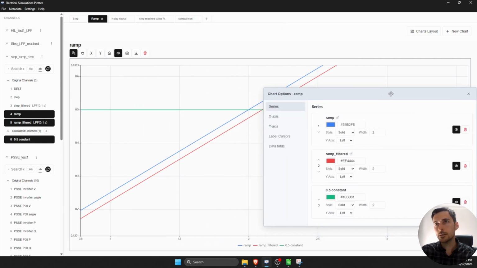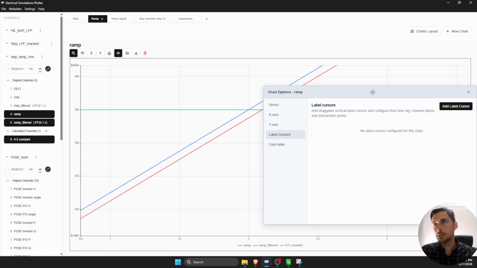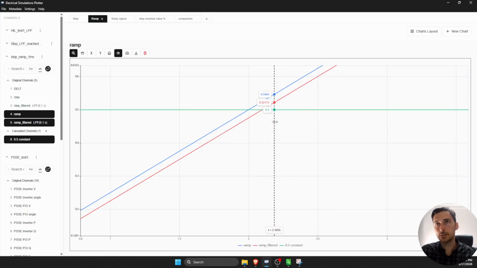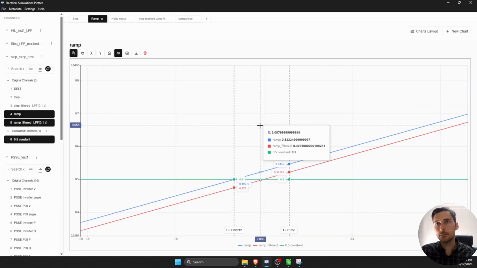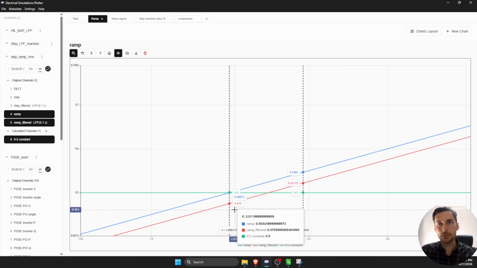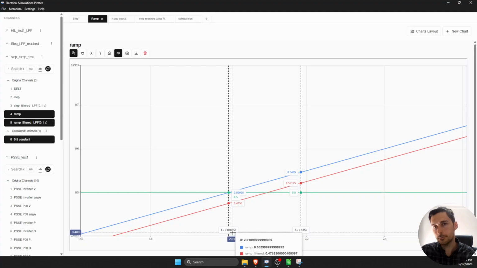Let us add some label cursors, because this makes things easier. So here we can see with more zoom that, for example, the blue line is crossing the 0.5 value approximately at 2 seconds. It does make sense because the ramp is 0.25 per unit per second and it starts at